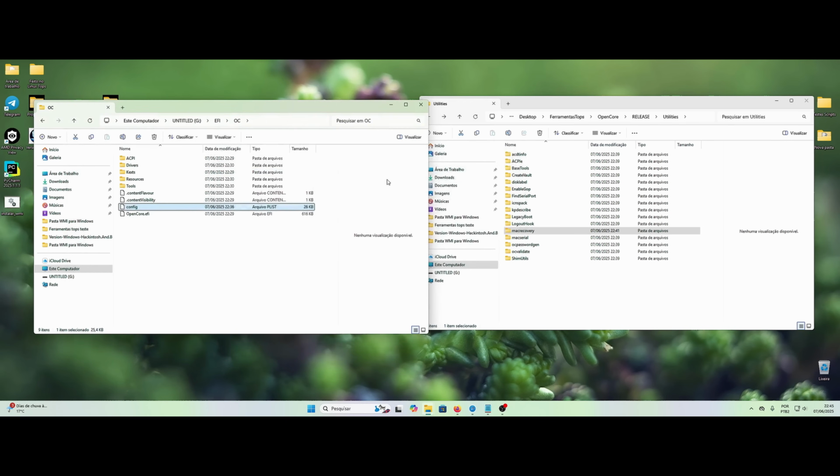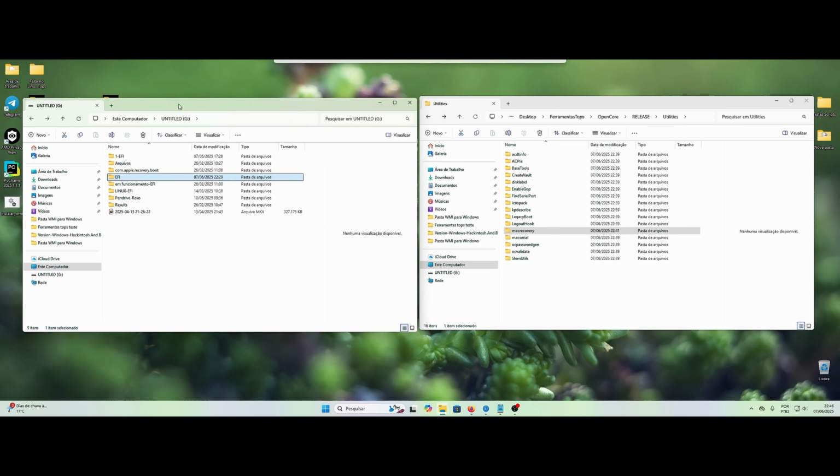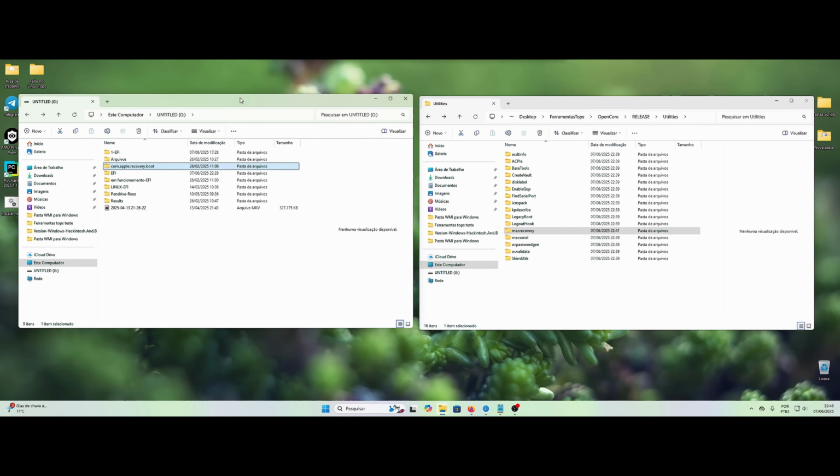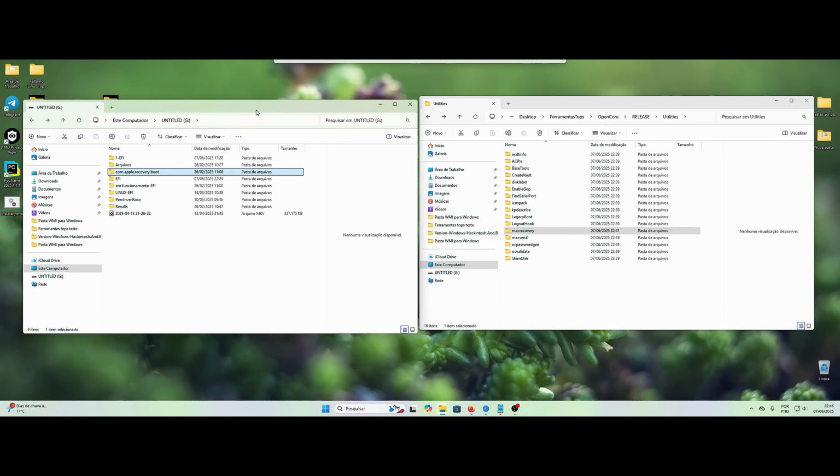Once this is done, we put our EFI and the recovery here on the USB drive. It can be a 4 GB pen drive. It's already a good size, and here the recovery method. Now we will restart and see if it goes to the installation. If it goes to the installation, fine, we finish there, and that's the Wi-Fi completed. Okay guys, I'm going to restart here and I'll be right back with you.